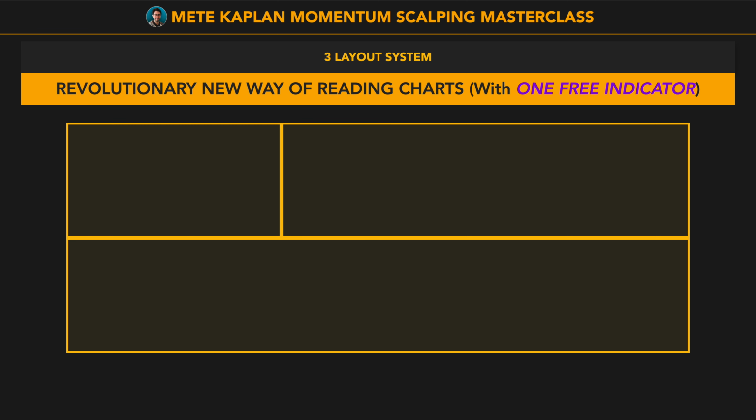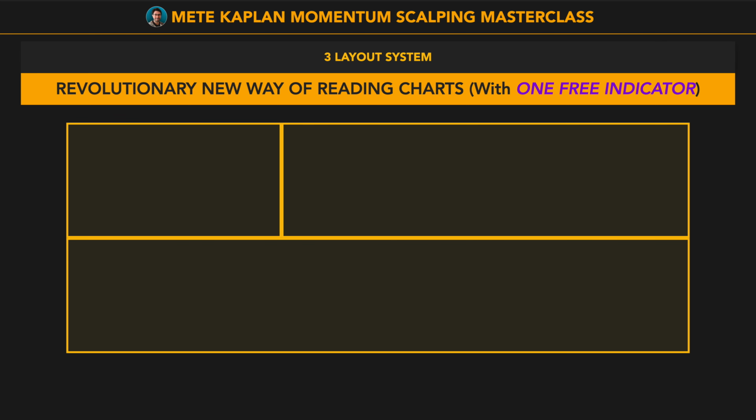But now I managed to squeeze everything into one single screen. Everything I need is now in one screen with perfect layout. We did this by using one free indicator from TradingView at no cost at all. I am able to check 10 time frames at once without any useless clutter and focus on the price action